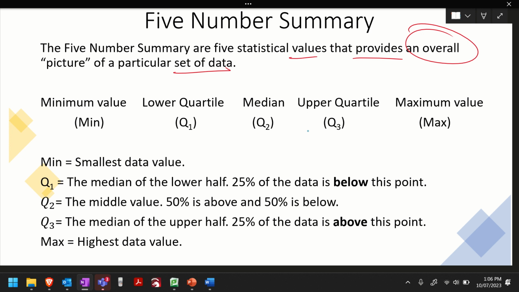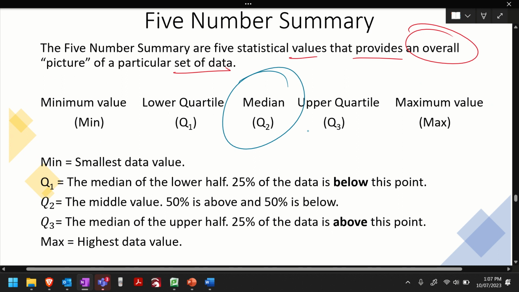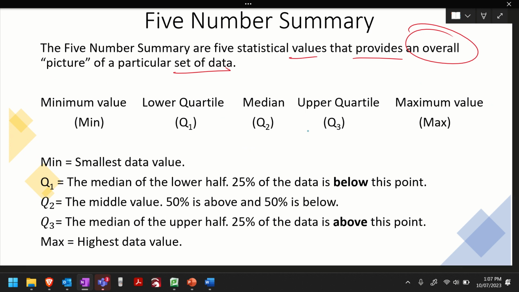Next one I like to look for, I'm going to ask Celine: what's the median? What is a median? The middle number, good. So you've got your minimum, you've got your maximum, and then you look for your median, which is the middle number. Now we haven't done this before, but let me ask Abby, what do you think the lower quartile, or Q1, might mean? You can look at it here. What do you think this means? Half of the what?